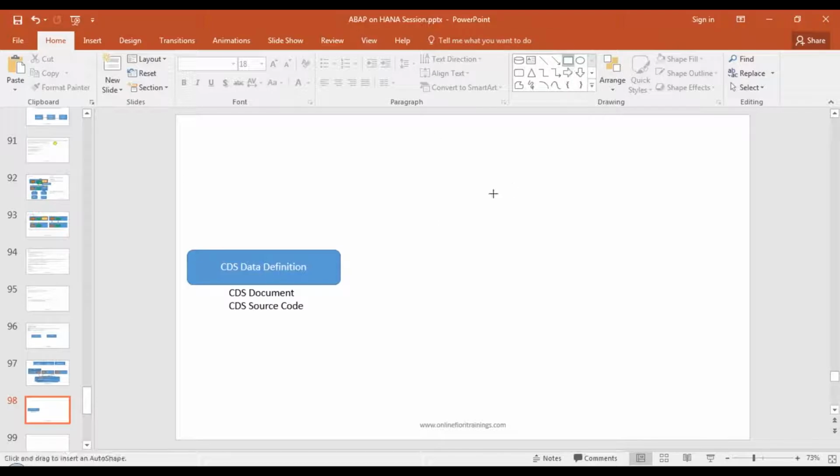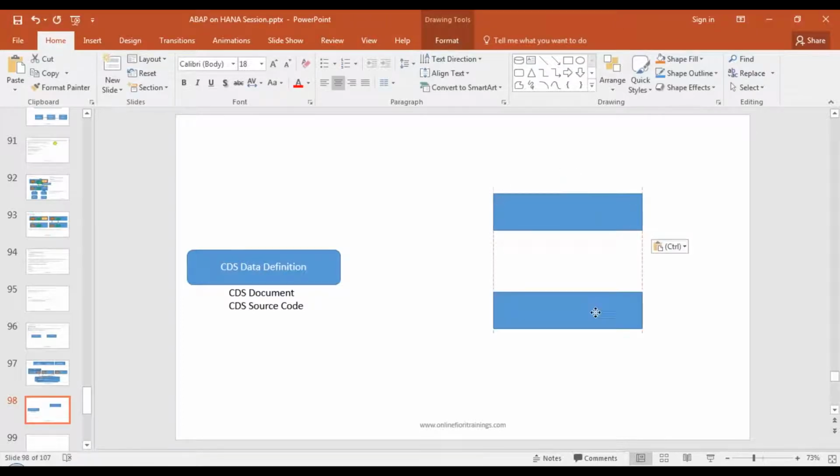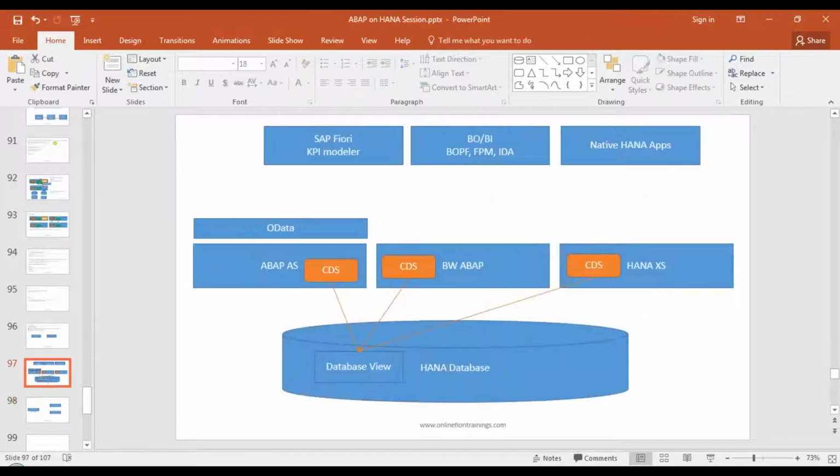On activation, it creates a CDS SQL view, which is visible in SE11, equivalent to your views in the SE11 transaction. Second is the CDS entity. There's a question here: what's the difference between HANA CDS and ABAP CDS? The answer is, in HANA CDS you essentially have to define an entity using HANA XS code, and then on top you create a CDS view.